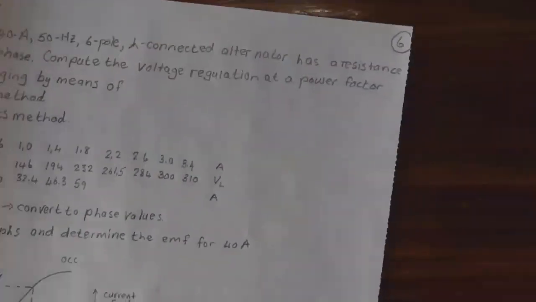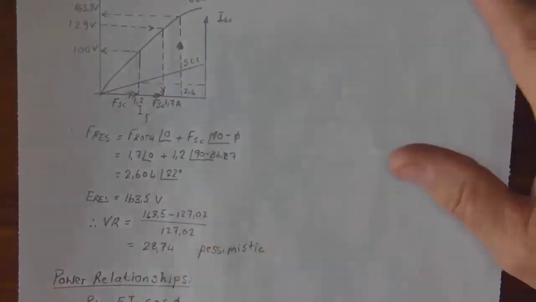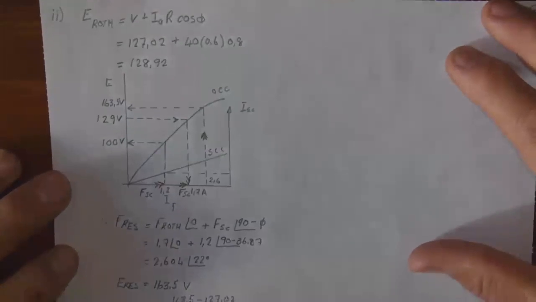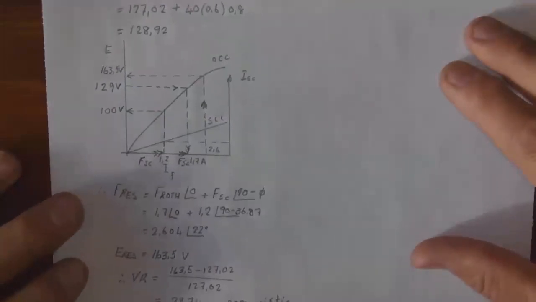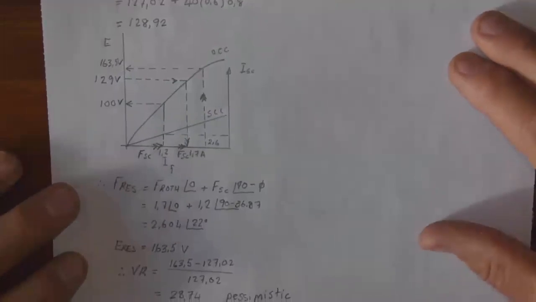Now, if we look at Potier's method, we calculate E Potier, which is 127 plus 40 times 0.6 times 0.8. That gives us 128.92 volts. So if we now look at the graph,